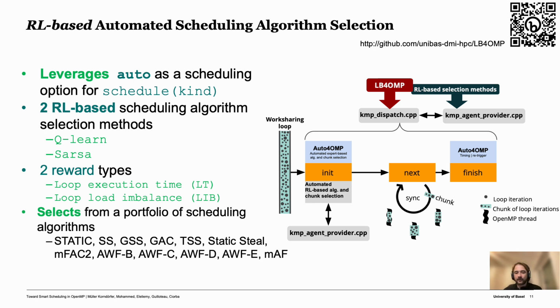And again, the image shows some additional information about the modifications made to the library. And the key point here is this time we implemented the library as an external interface, detached from the LLVM OpenMP runtime. So the methods here can be reused basically anywhere. As long as the right parameters are sent to the functions, the learning will happen and it will return a selection of one method, right?